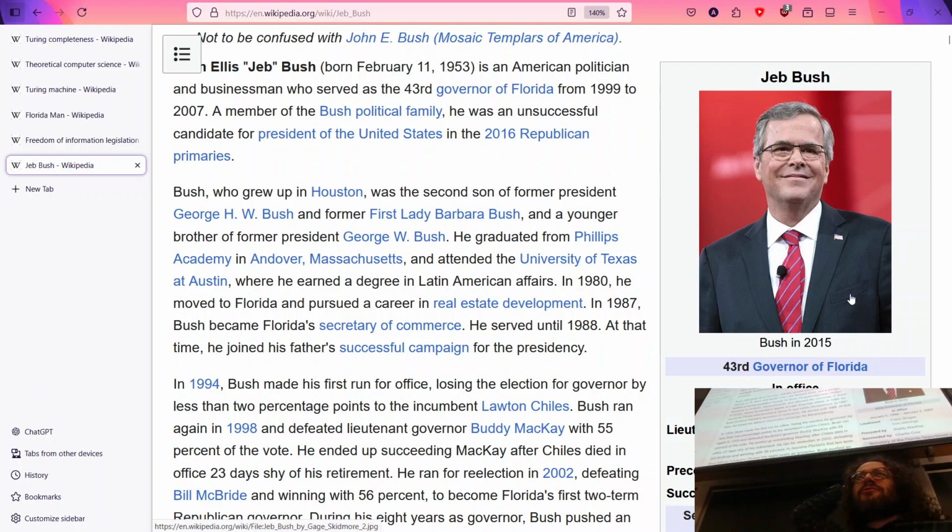Now, this was actually a very interesting time to be in politics from a computer standpoint, because that's when the internet started being really a thing that normal people could use to communicate with the government.